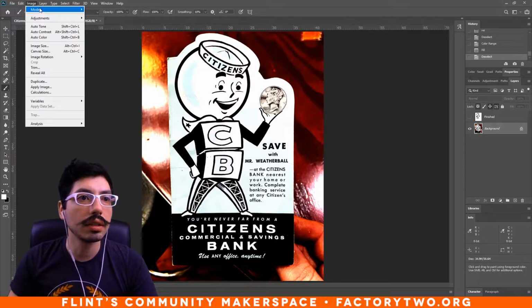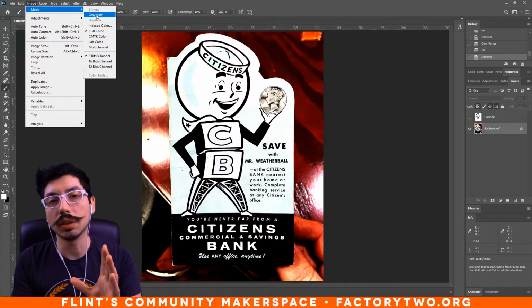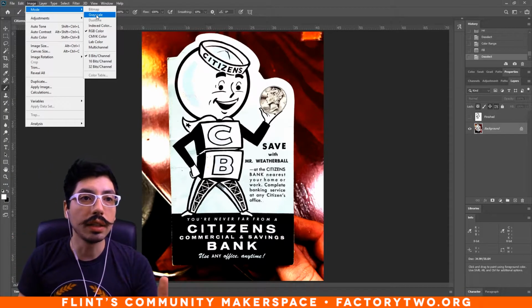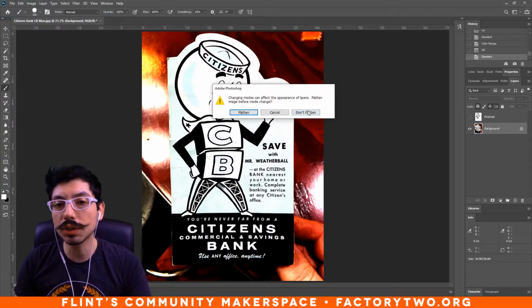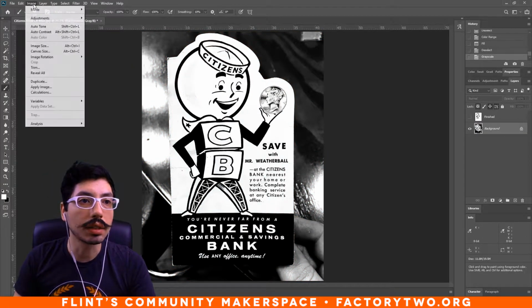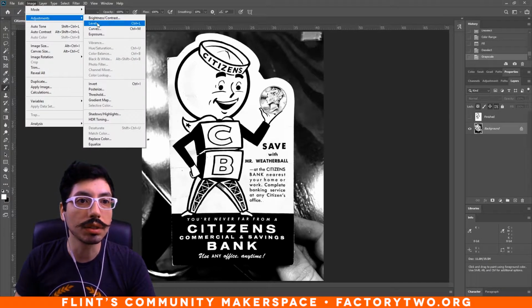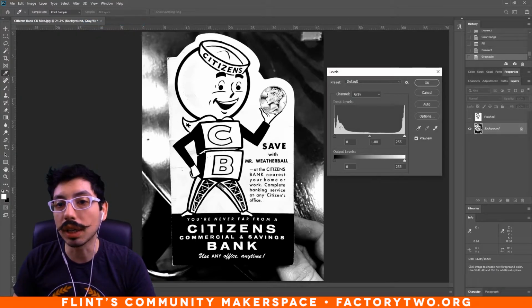Now after that, once you get to a point where you can isolate the colors that you want to take out, do that and then switch it to grayscale. If you don't have any colors in it, you can switch it to grayscale right away. But in my case, that's an easy way to pull those things apart, make it a little bit easier on yourself. Now we can go to levels again after we made it grayscale